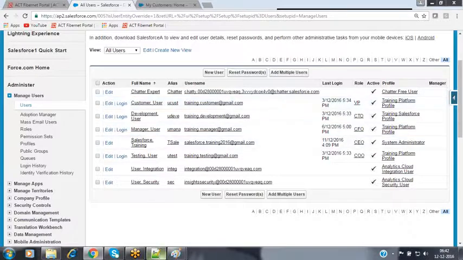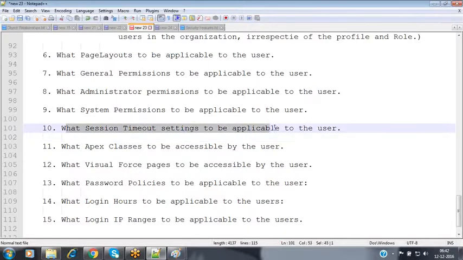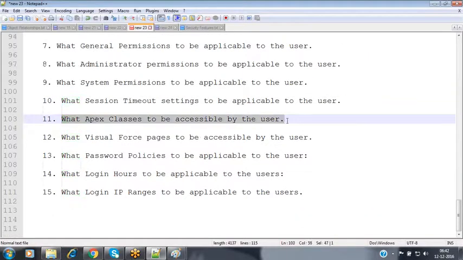Now, let's see a few more options: session settings timeout, and then we can specify the Apex classes, meaning which Apex classes we can grant access to that user.